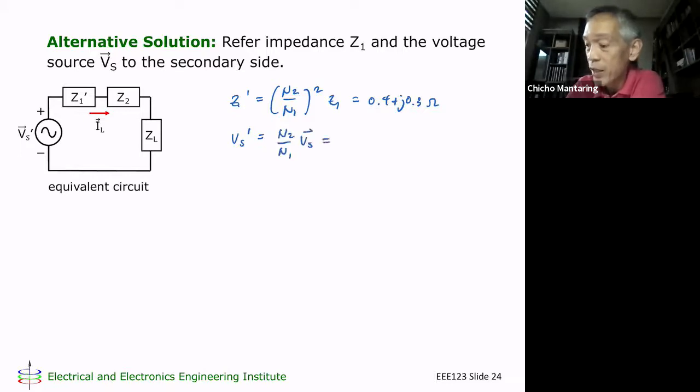So this is going to be 110 at an angle of 0 degrees. Kasi remember, our turns ratio is 2:1. So kung yung primary source voltage natin used to be 220, pag refer mo yan sa secondary, magiging 110. And I'm using 0 because it's my reference phasor. Okay, if I compute for